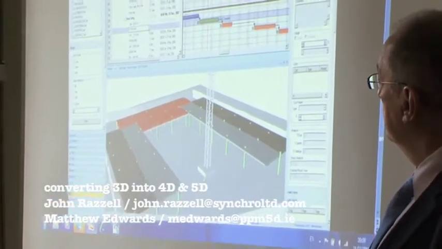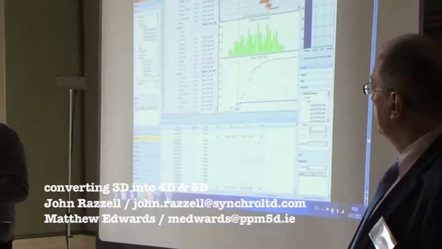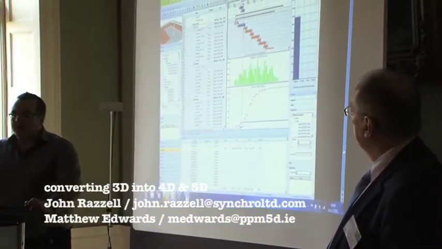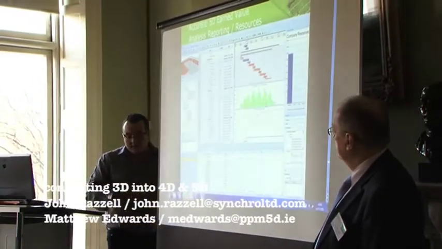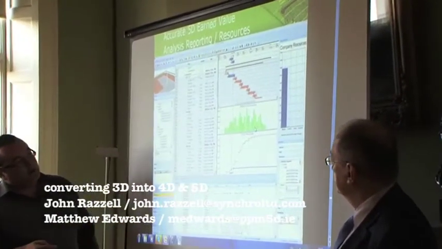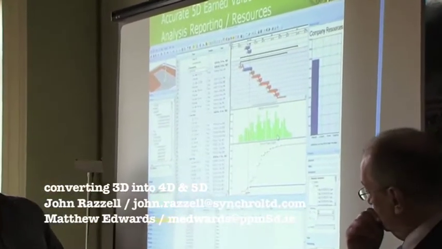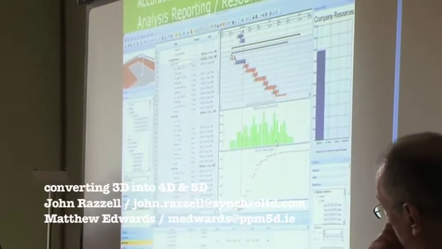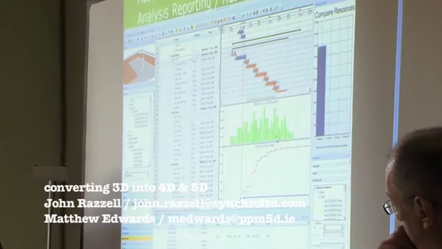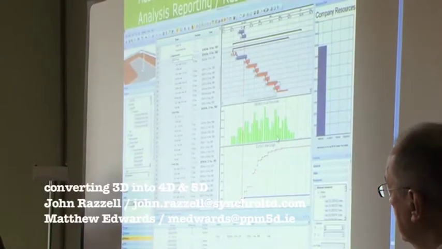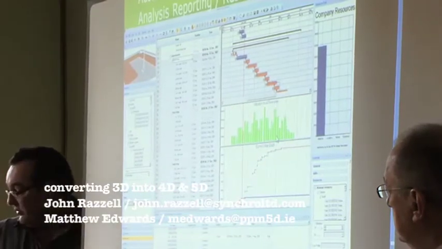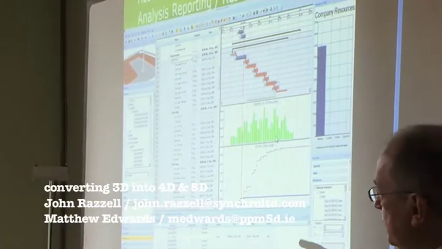So just back to the PowerPoint slide. Accurate 5D earned value analysis reporting resources. We can see our resources in green for the project on site, and then we have our earned value analysis graph as well for this particular project. So you can see our red is what we plan to do, and actual, you can see there's a bit of a problem there. So that is using the fifth dimension. We have another,